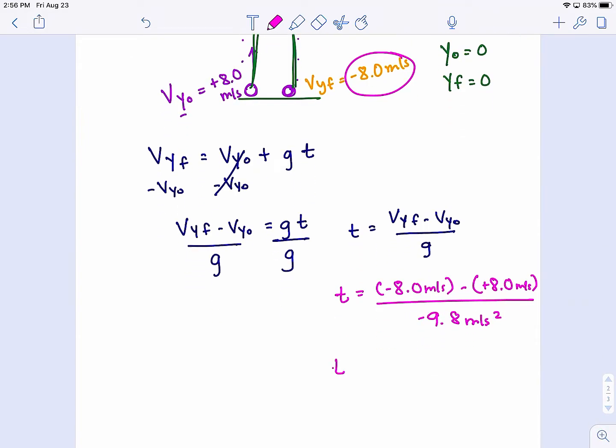Now when I do this, I get negative 16.0 meters per second. That would be the change in velocity here, divided by negative 9.8 meters per second squared. So if I plug that into my calculator, notice the negatives will cancel. You can't have a negative time. So 16 divided by 9.8,